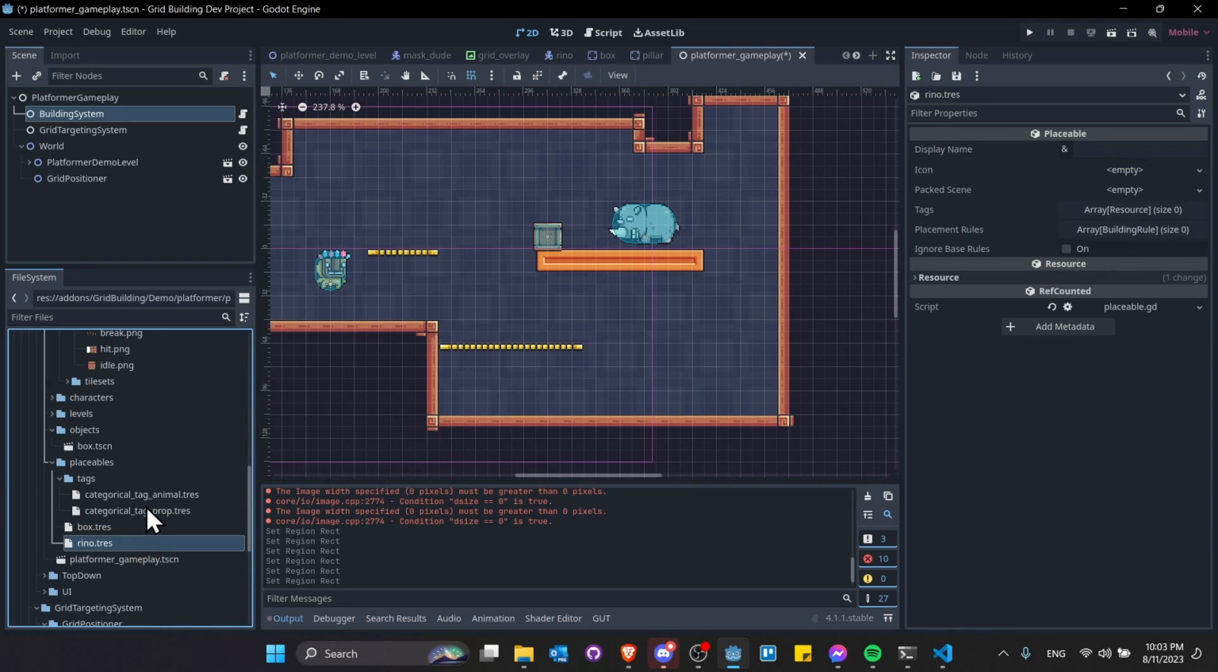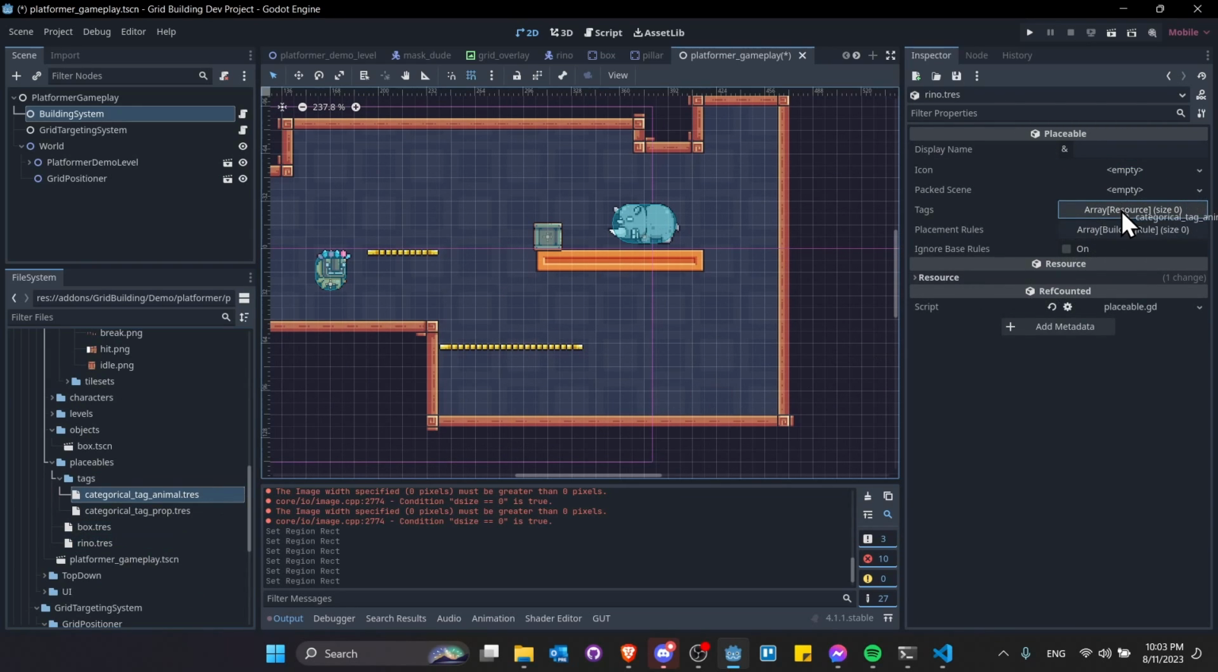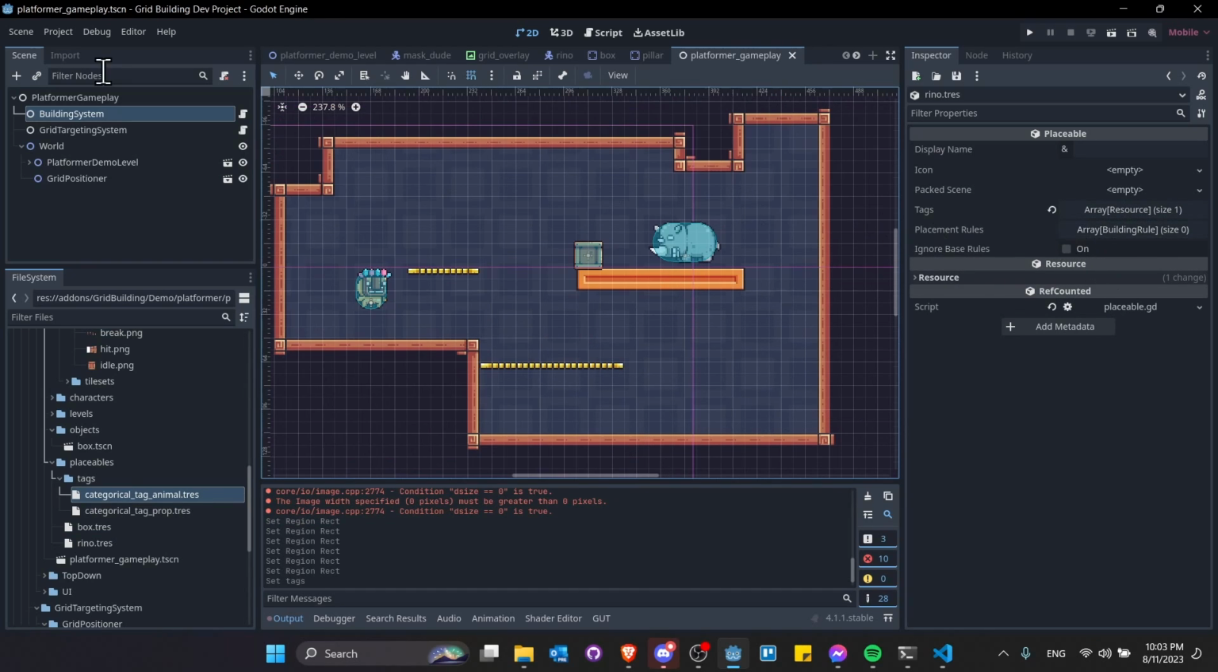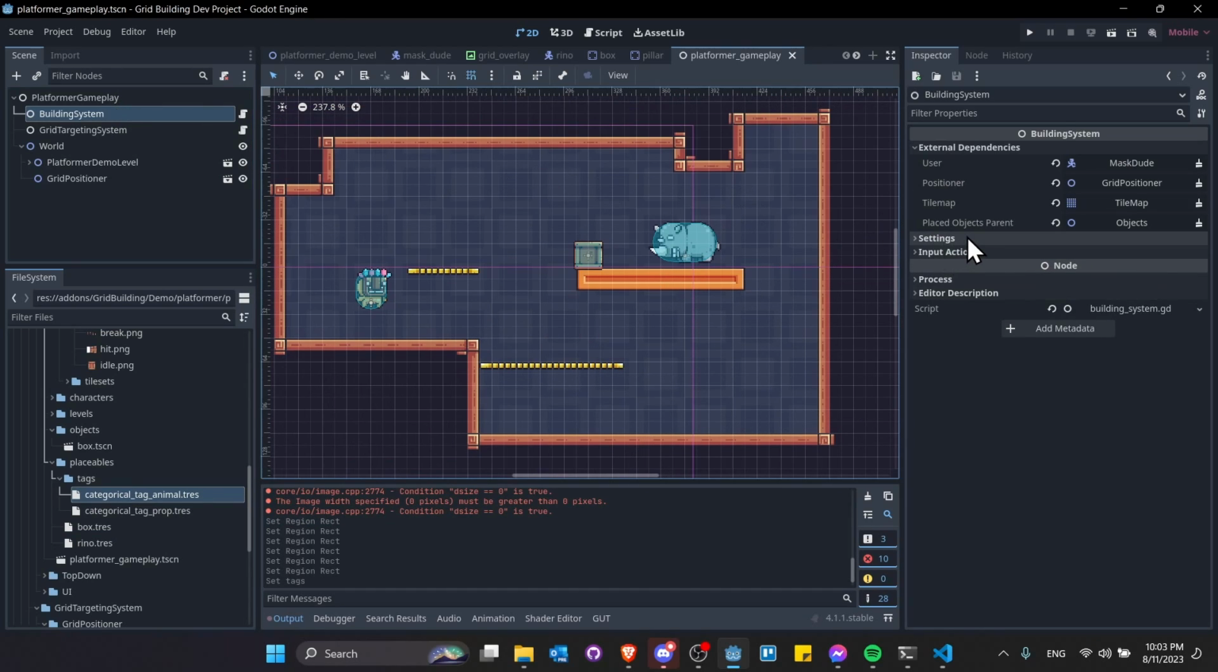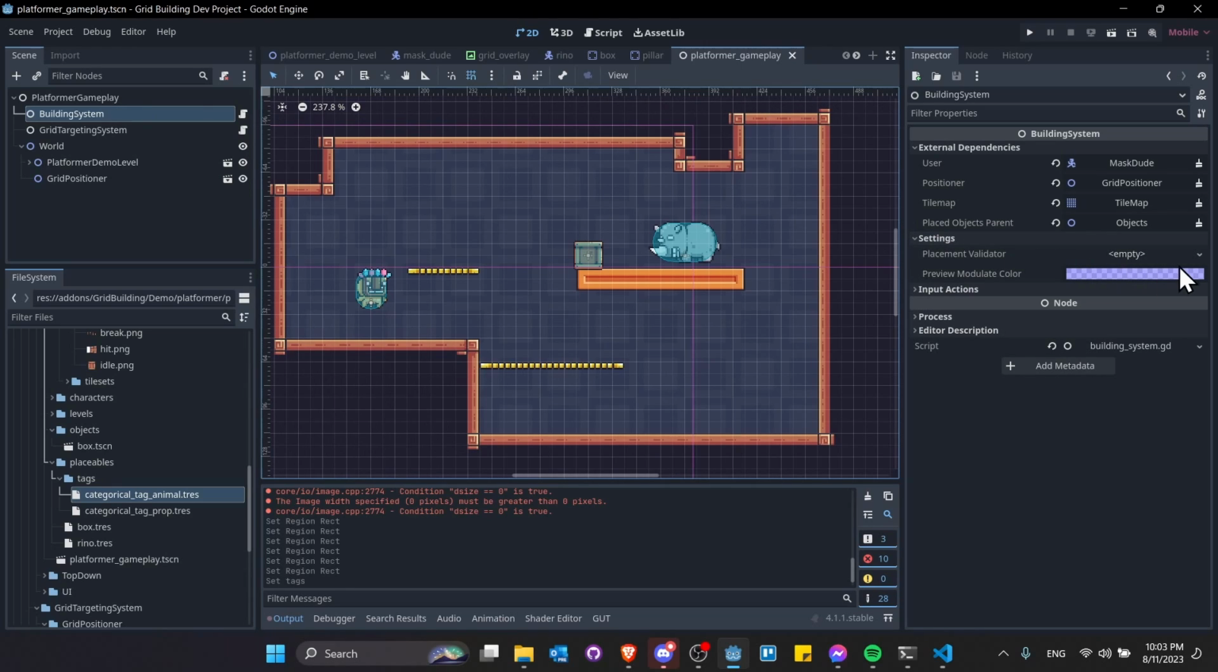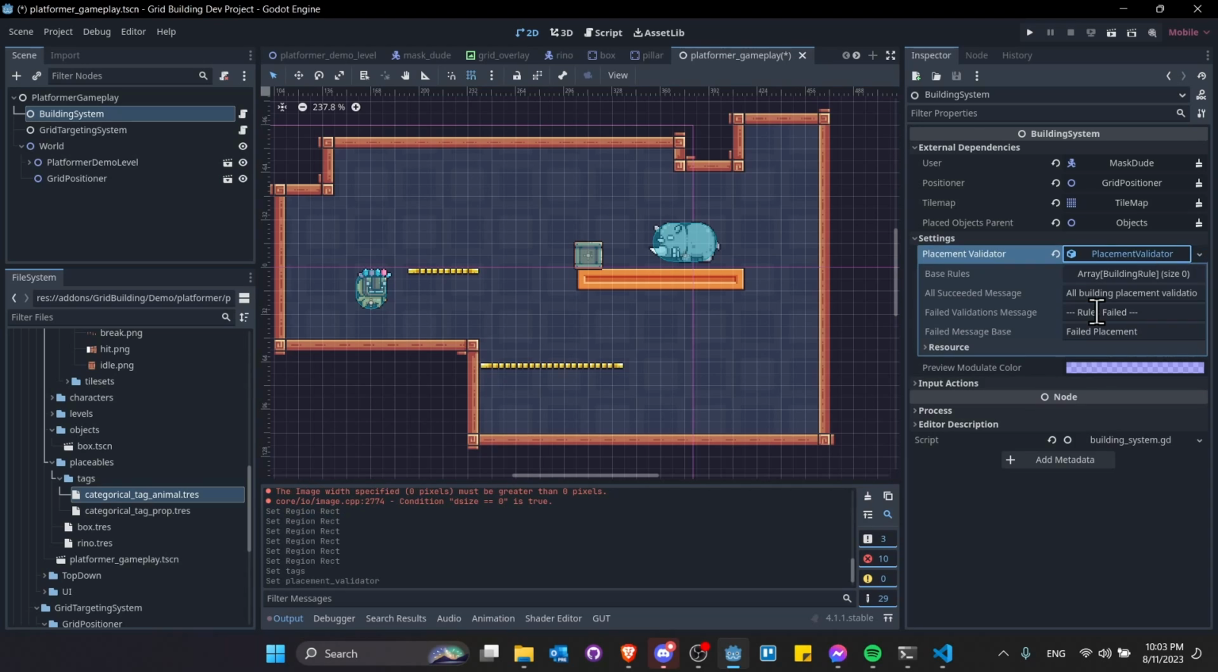Okay, let's assign the tag to the Rhino. So the Rhino is an animal. And we don't need any extra placement rules right here. So let's go into the building system and settings. So we need to have a placement validator. You can create it just by clicking on the dropdown, new placement validator. So let's set up the rules